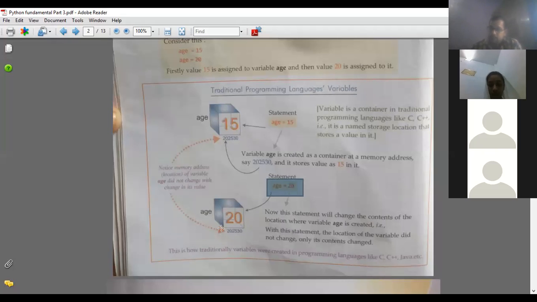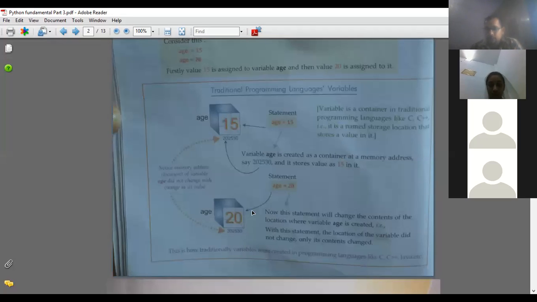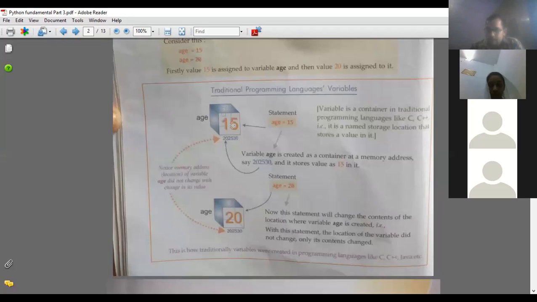It will change the value, meaning it will remove 15 and store 20 in its place. See this, the address remains the same, the address of the previous variable is the same, the name of the variable remains the same, but the value is changed.